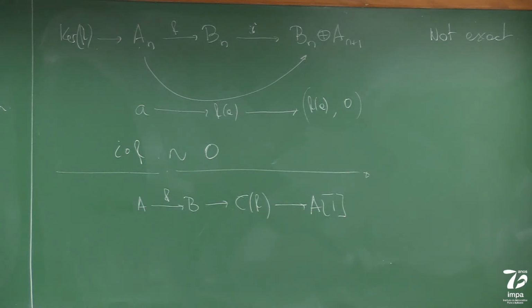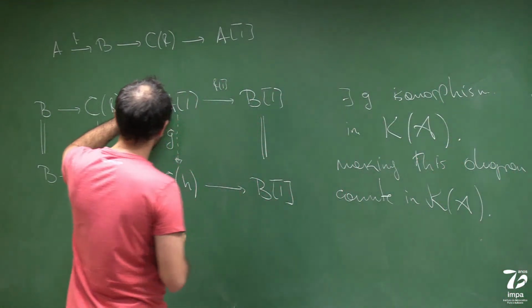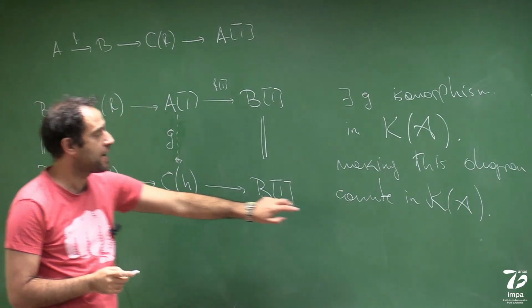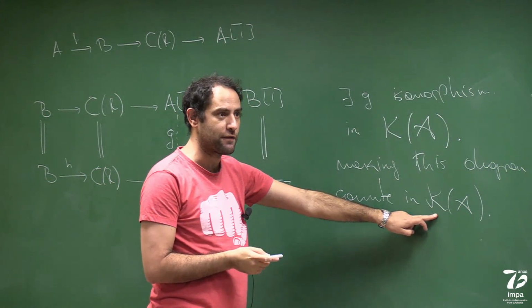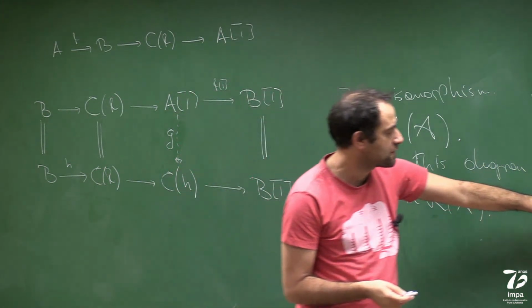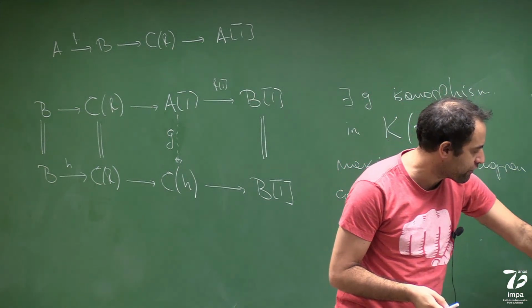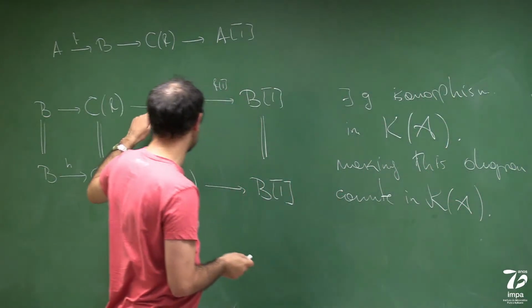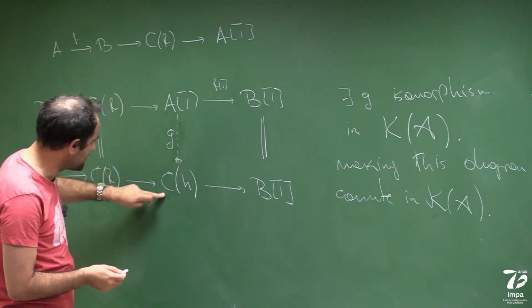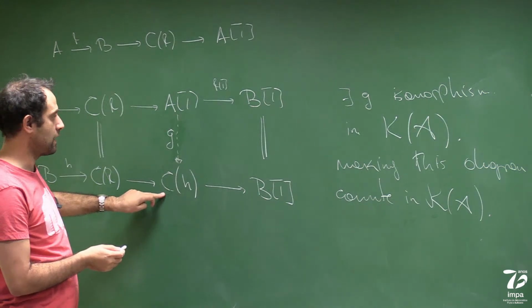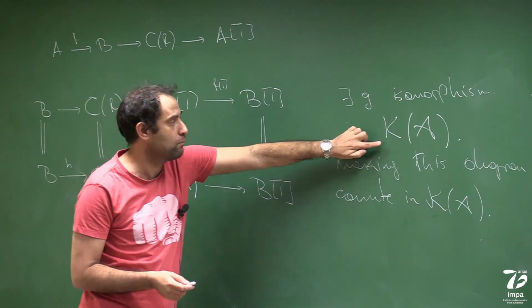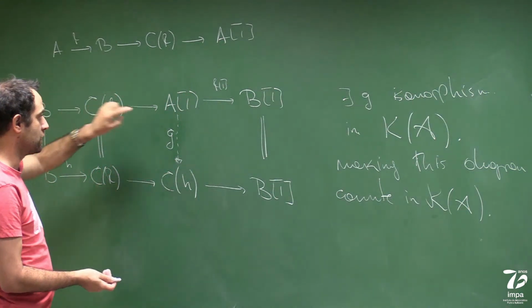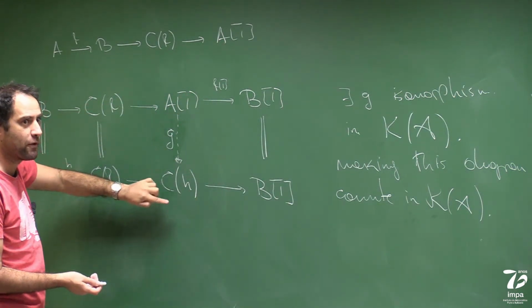Okay, so how do I construct this map? I want to prove that this map should be a map of complexes. Morphisms in K of A are not fancy things like in the derived category, where there are these roofs. A morphism in the derived category from A to B does not need to come from a map from A to B. But this guy actually needs to come from a map from A to this cone because I'm saying that this is in K of A. And morphisms here are morphisms of complexes modulo something. So this G is the equivalence class of a map